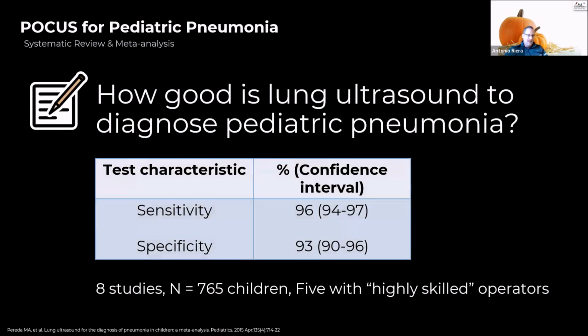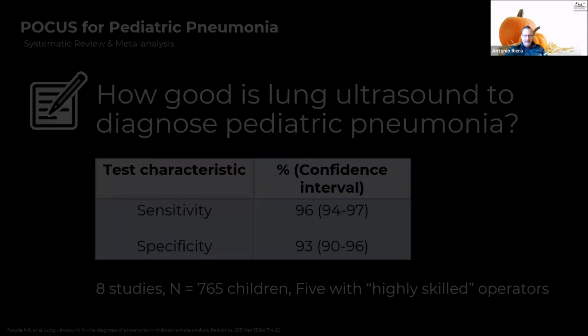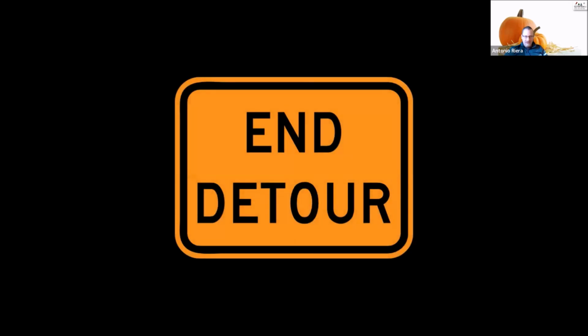And then the one study done in 2015 that was a meta-analysis of the 8 highest quality studies available, most of them not performed in the United States, did show that ultrasound, when compared to x-ray, has fairly good test characteristics. The one caveat here is that in the majority of these papers, the operators, those that were holding the ultrasound probe, were described as highly skilled operators. And I'm going to end the detour for now so I can get into case number 2,